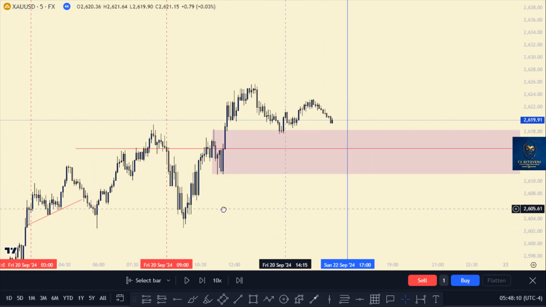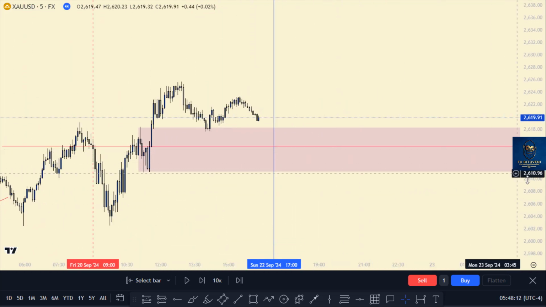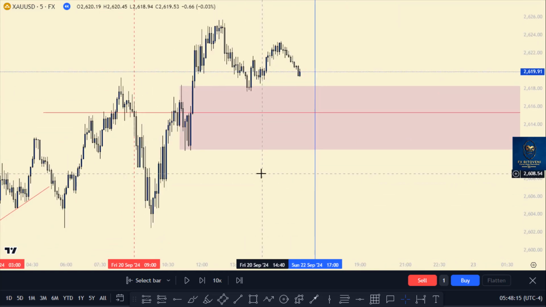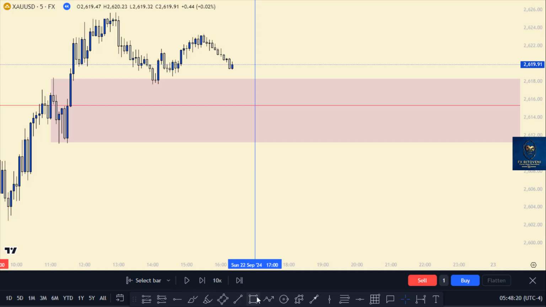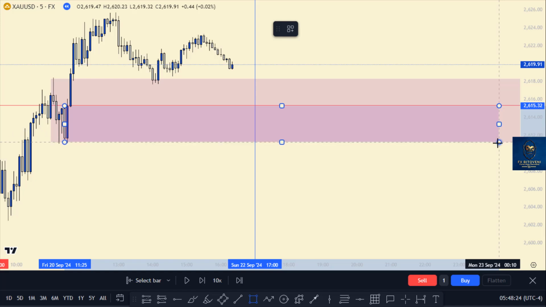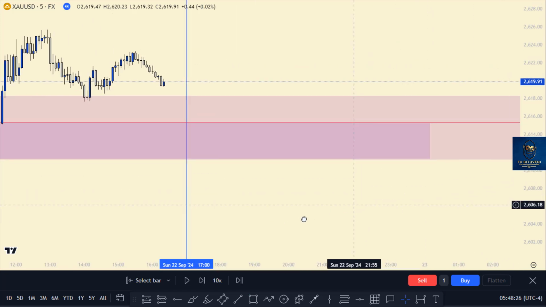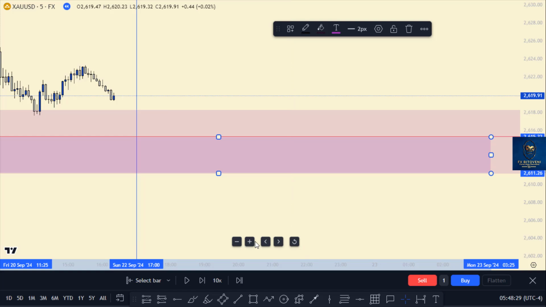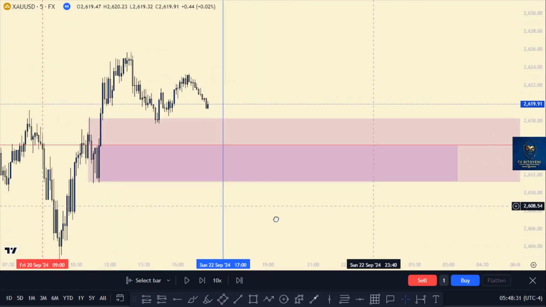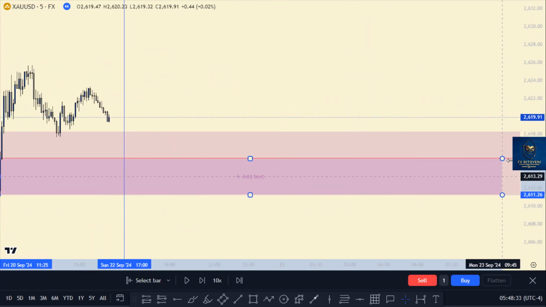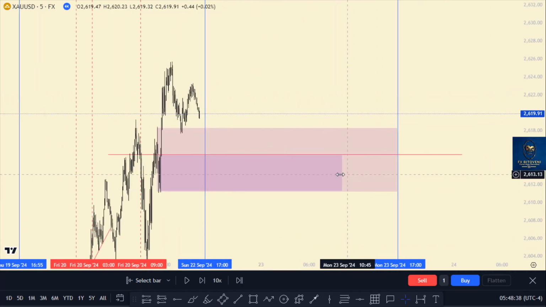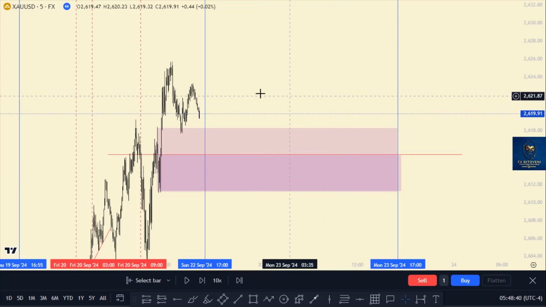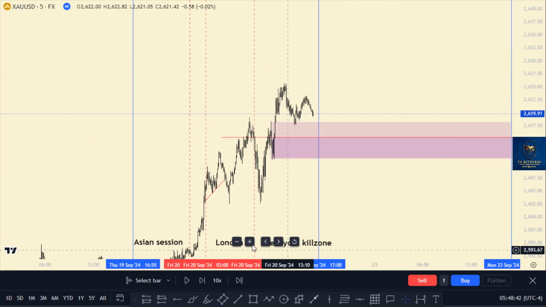On the 5 minute, of course, you have again this zone. Have this beautiful zone with a strong momentum to the upside. And then you have what? We bring our